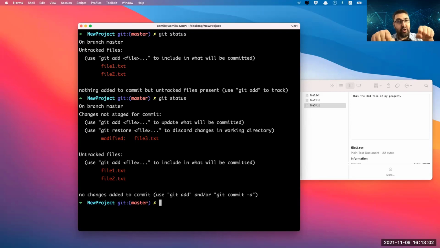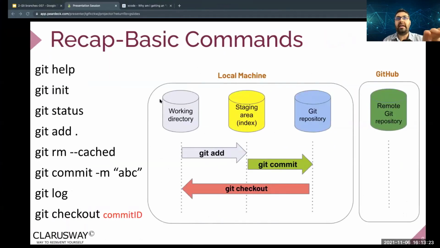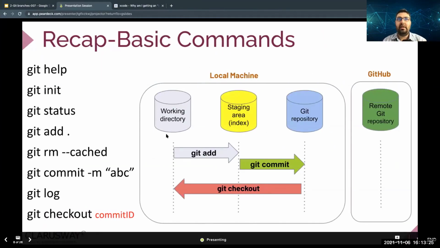When you go to the cashier in the grocery shop, you should have something in your basket. Now we have nothing green, which means there is something on Git. However, it's not staged. So now all these changes are in the working directory. Before we commit to the repo, we need to take them and say git add to move to the staging area, whatever we want to commit.